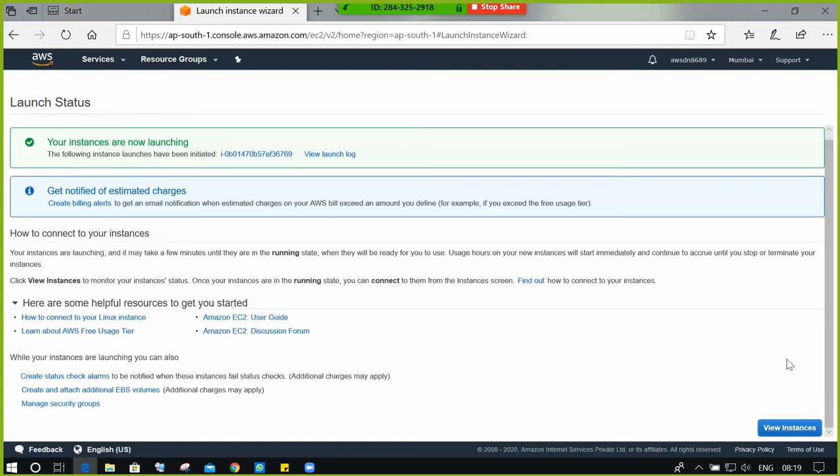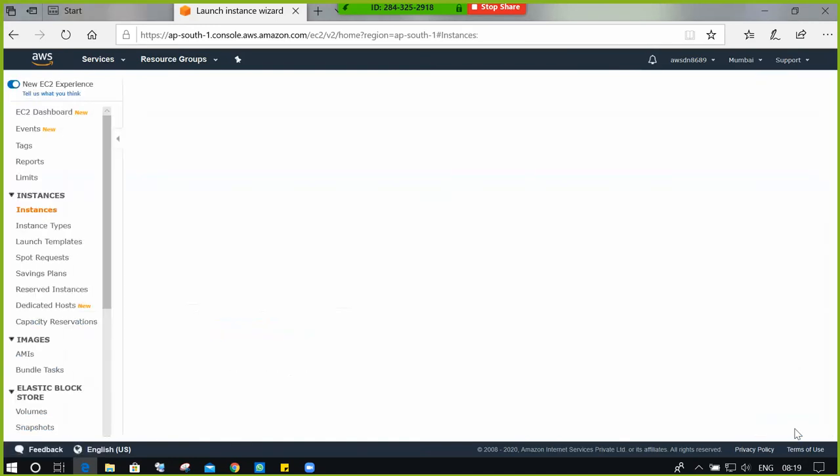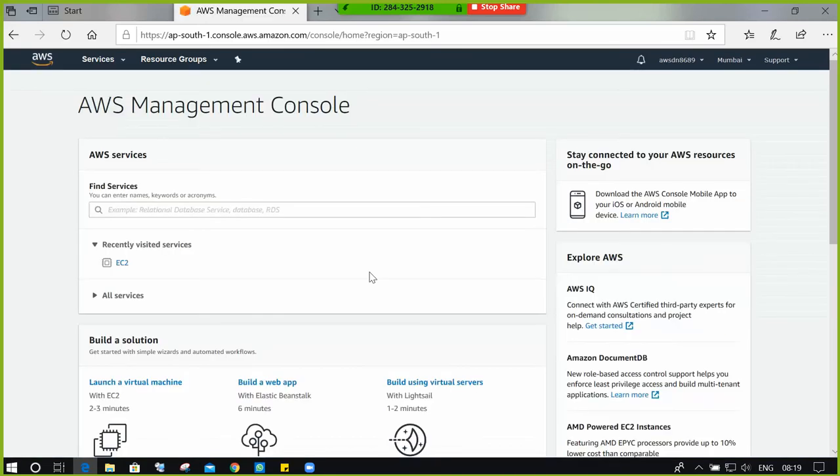Go to view instances here. It will take some time, depending upon the network speed. When you want to connect to the instance after creating it, it will take about 4 minutes, because in the backend all the resources and configuration are being created.